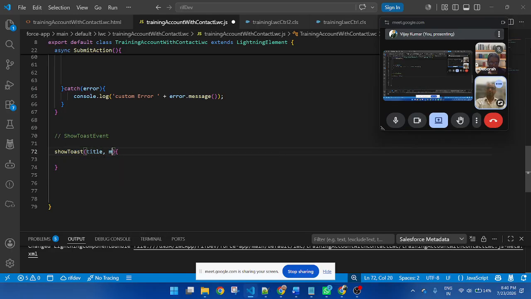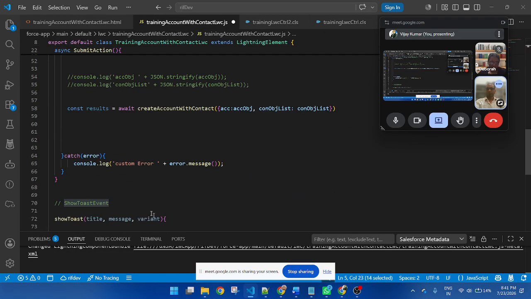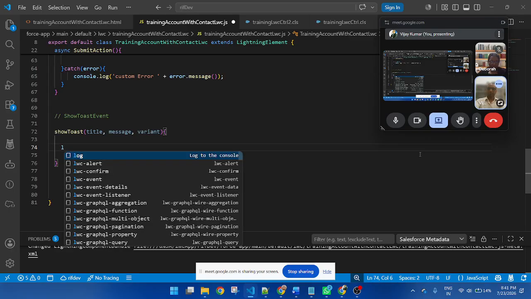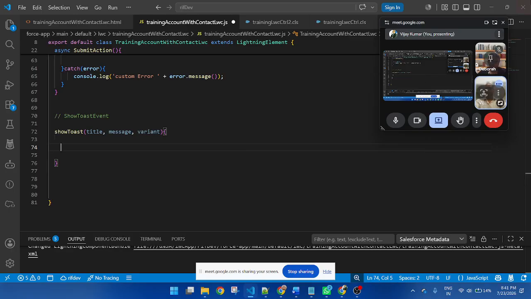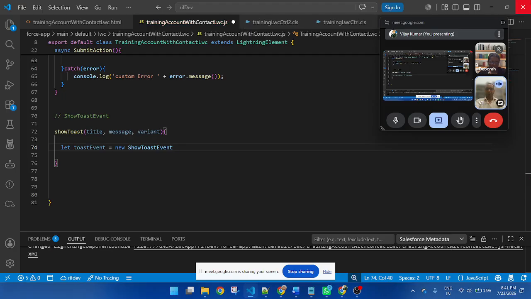Title, message, and variant. One by one, I will pass them here. So toast event, this is a module. This is a variable, new object.